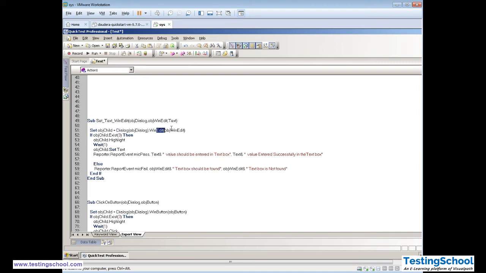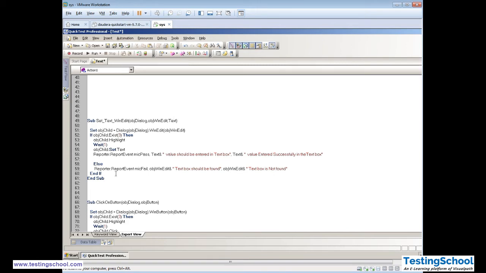If this win edit exists, then object child dot highlight, waiting after 1 second, object child set text. So this text would be set. Now what is this text? This text is coming from this parameter. So you are passing the parameters Windows dialog, Windows edit box and Windows text.